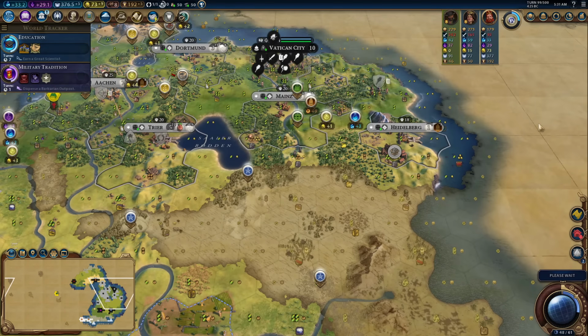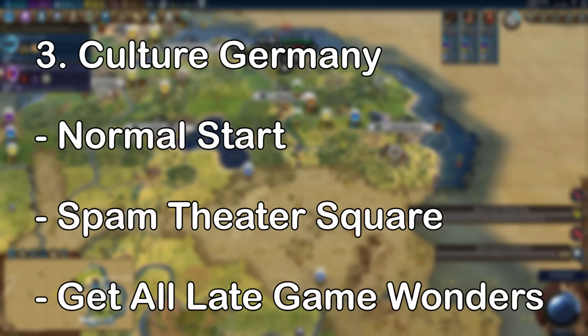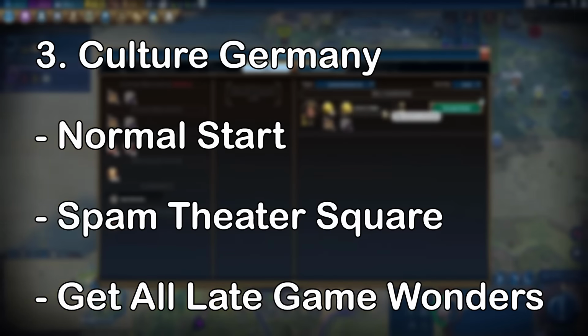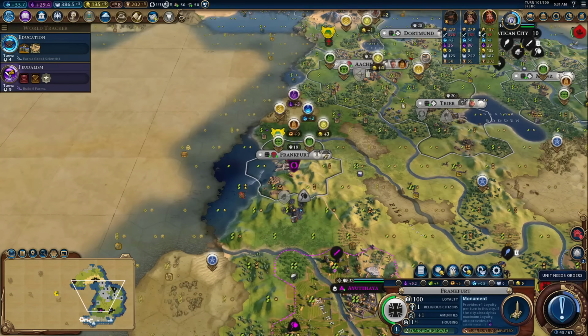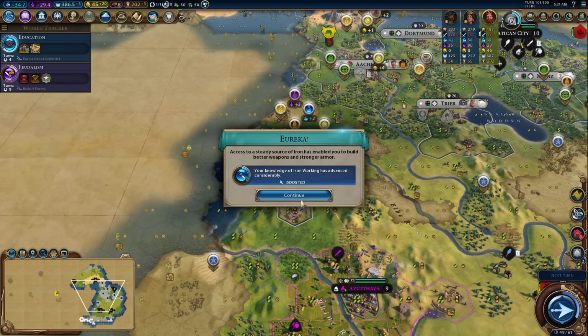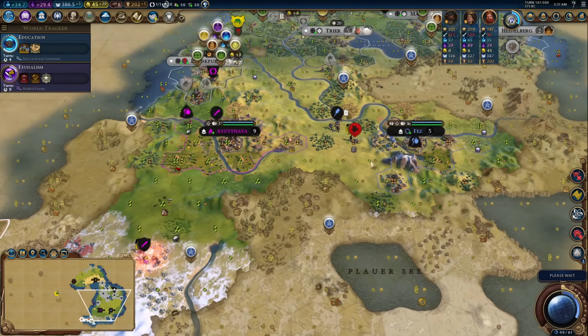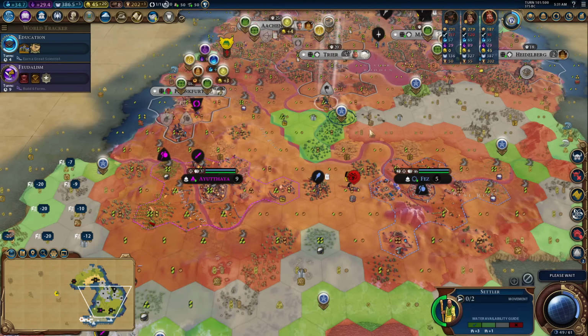Finally, the last strategy is Wonder Horde Germany, where you beeline the Hansas and build theater squares while getting every wonder from the Renaissance era onward. With this strat, you should actually be able to get every wonder, and therefore increase your chances of winning a culture victory. You can build some units and go to war to take some great works in the late game,